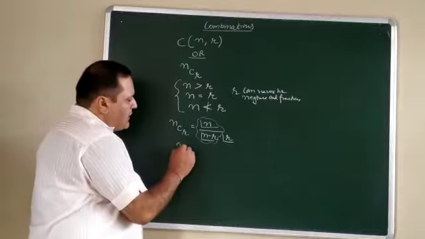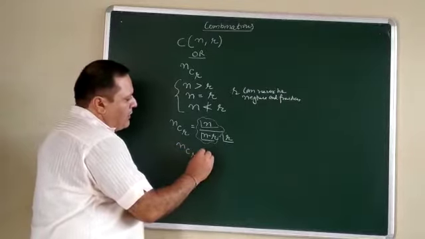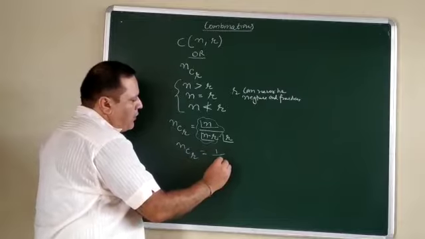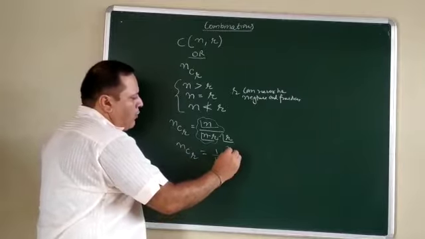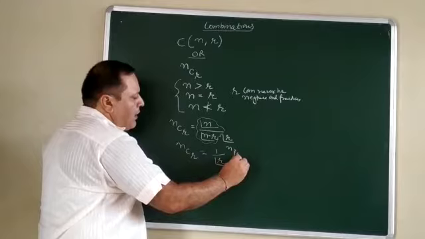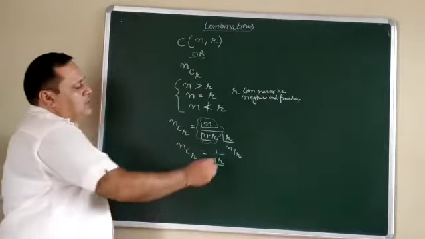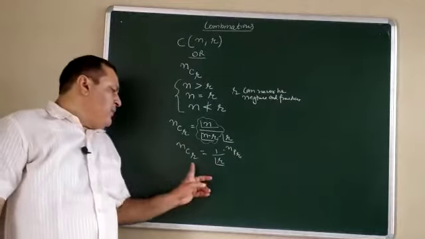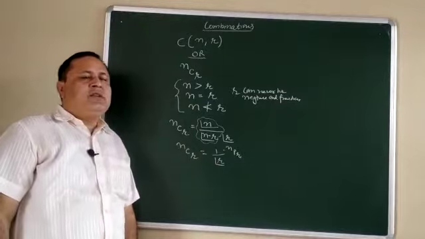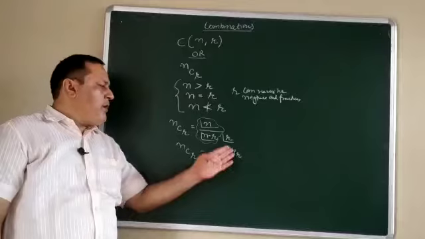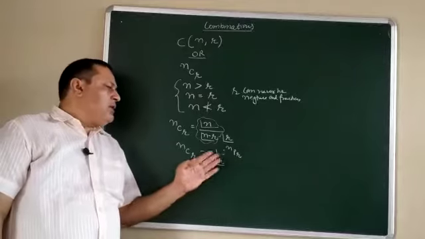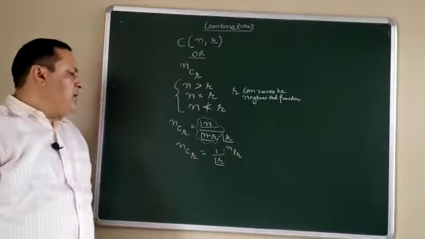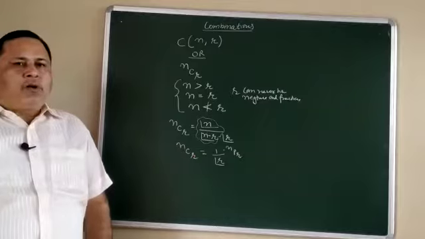Or we can say nCr is equal to 1 upon r factorial along with nPr. So this result can also be written in this form. But we use it only in special conditions, whenever some value is provided to us to calculate the other thing. Then we can utilize it. Otherwise we utilize the combination formula.